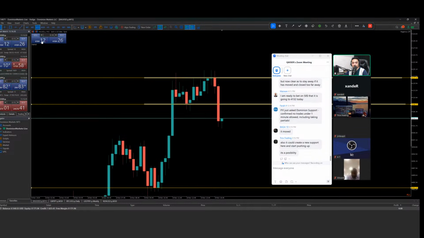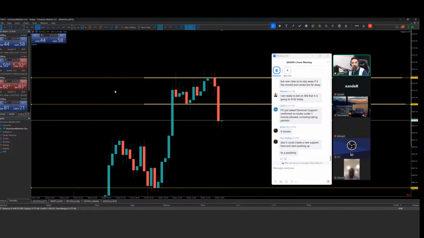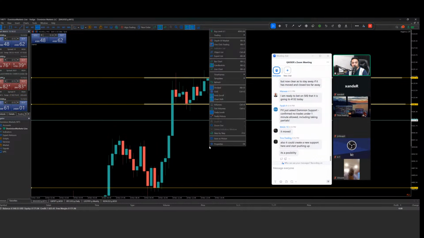Okay. I am ready to bet $50 that it is going to 41.32. Okay. So now it's creating a wick. If this candle is going to break its own low, that will be my execution. Stop loss will be above this current candle high. That is something I'm expecting from it. So now if this current candle breaks its own low, I will be in it.